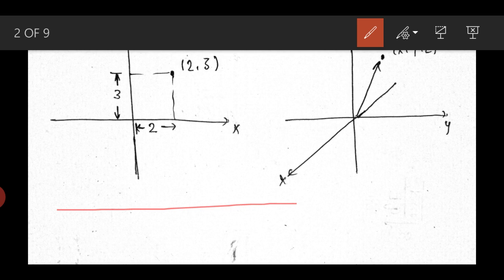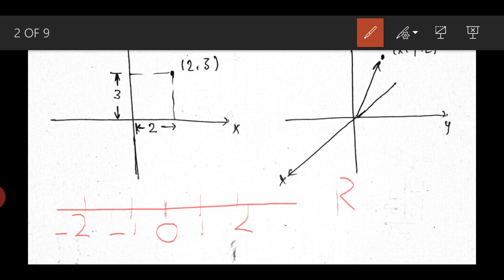What I can do is to call this line R, a real number line, and I can choose a point 0 and then I can choose point 1, 2, 3 and so on. And for negative numbers I go back to the left hand side and write it as -1, -2 and so on. In this way I can specify a number.